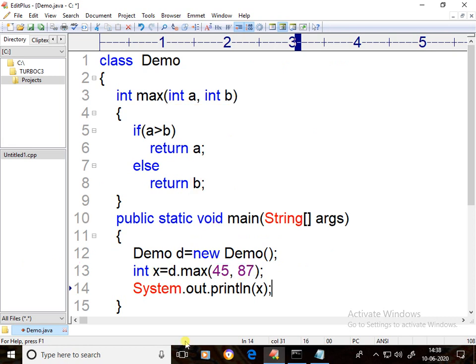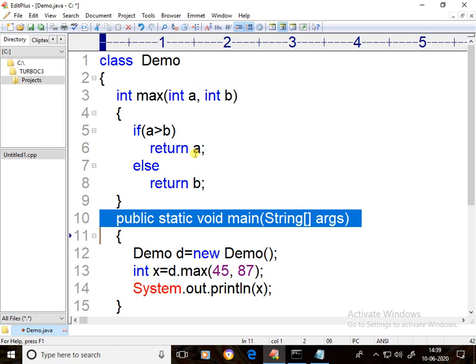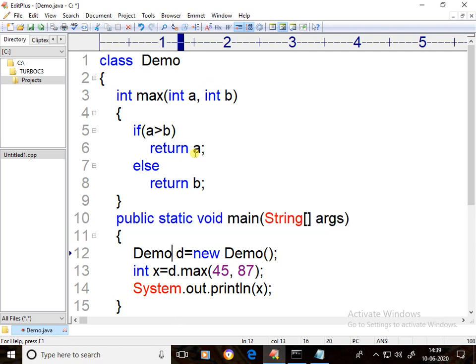If I compile and run this code, what will happen? First the demo class is loaded, open brace executed, main method called, open brace executed, here an object is created for the demo class, this object is referred by d, and with d the max method is called. 45 is copied in a, 87 is copied in b, 45 greater than 87 is false, then return b.